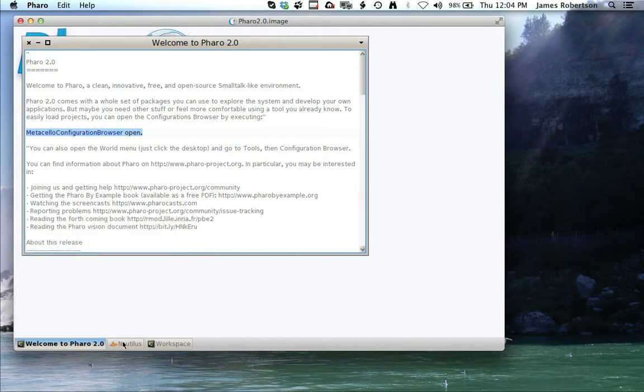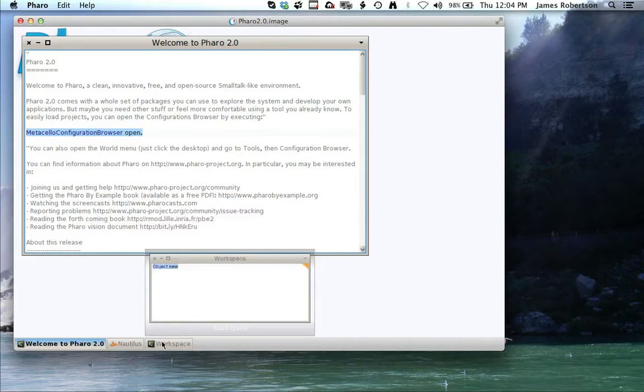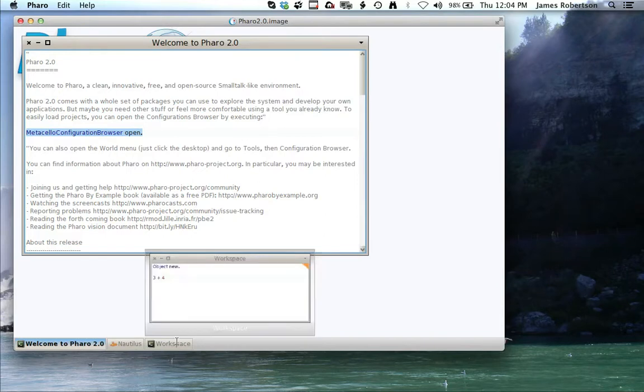It's easier to find windows than I used to think it was, and that's because down here at the bottom, not only are these tabs for the windows you've got open, but if you put your mouse floating over them, you notice down here it'll tell you what's in there. So I've got a workspace here, and I typed a little bit of stuff in here, so let's type something more, 3 plus 4, and then I'll go ahead and iconify that. And if you put the cursor over this, you can see a little representation of it down here with the text you've got in it.